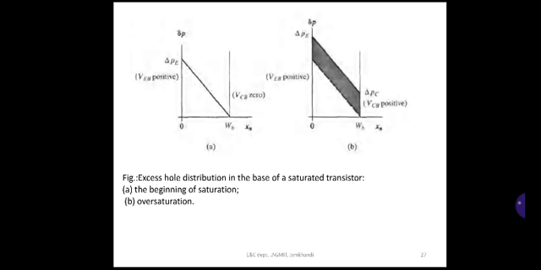The second figure shows the degree of oversaturation, which does not affect the value of the collector current IC significantly. It is important in determining the time required to switch the device from one state to the other. So this is how the transistor acts as a switch, changing from one state to another, that is, on state to off state and off state to on state. The cutoff region and saturation region are used here.